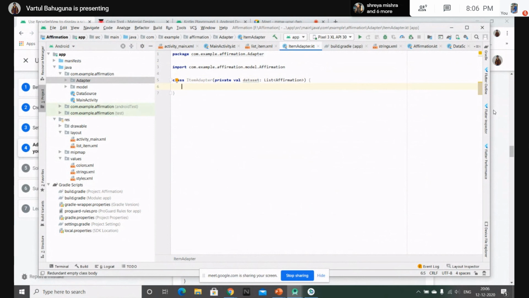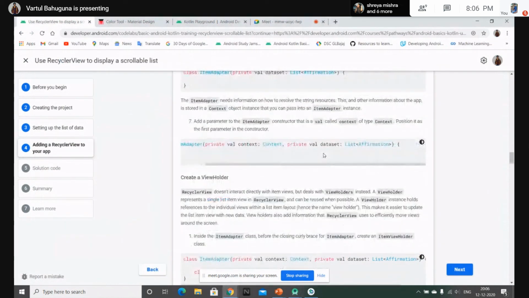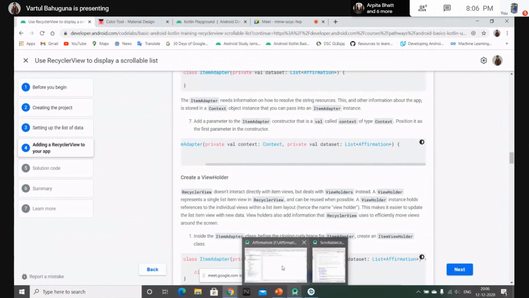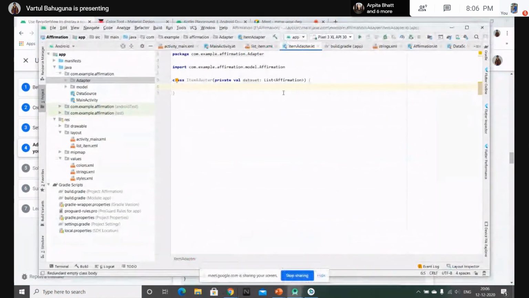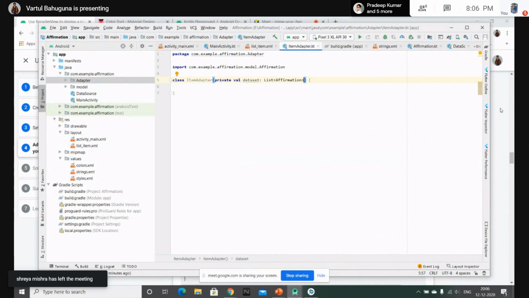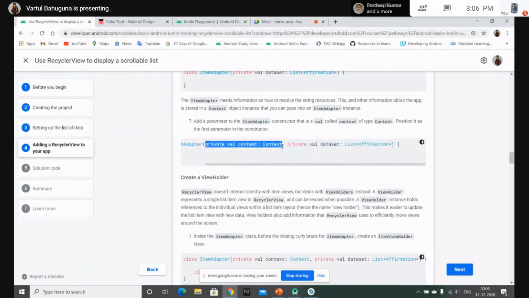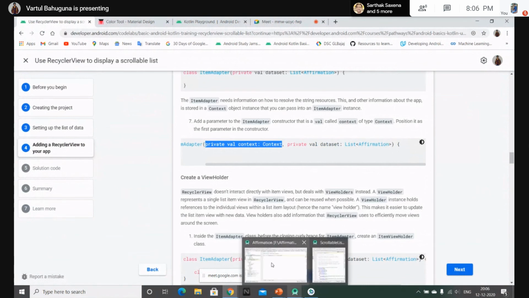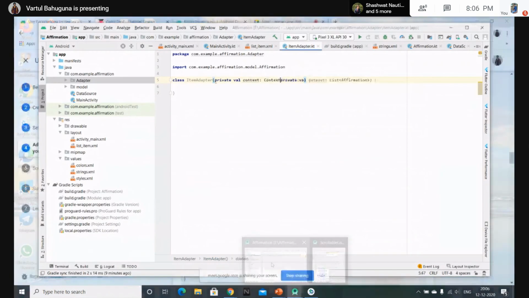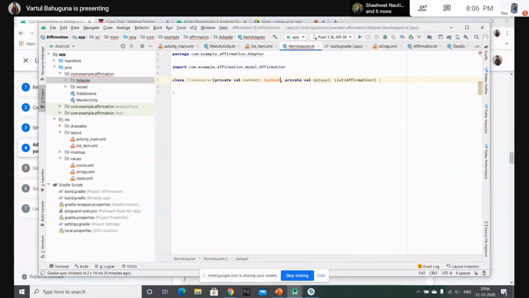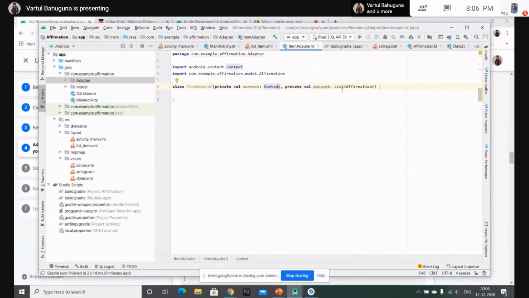In this item adapter class also, we have stored all the strings in the string resource file over here. So to use those strings, you need to provide it with some context that can have access to those strings. So you can copy this context from here, just paste it over here, and import this context property.